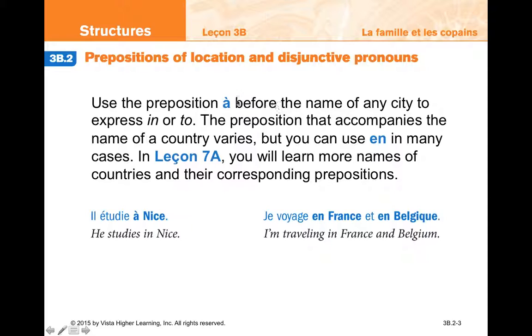Now, just one thing about the preposition à, you've seen that before. Just remember à means that it's at or in or to a certain city. So à Nice, to Nice, or in Nice. Or à Paris, à Bruxelles, à Frankfurt, à Barcelone, à Los Angeles, etc. All these names of cities are preceded by à if you want to say at or to. Okay, for countries, we're going to have different prepositions, but oftentimes it's going to be with en, like en France, en Belgique, en Suisse, en Allemagne, en Angleterre, for all these countries that are feminine. Okay, more on this some other time, but en is what you're going to use to say in or to